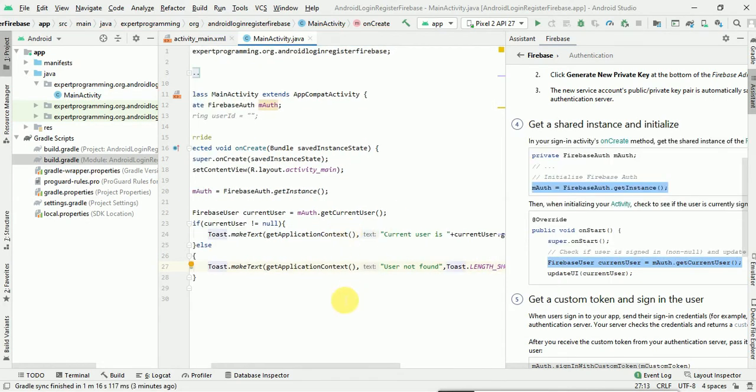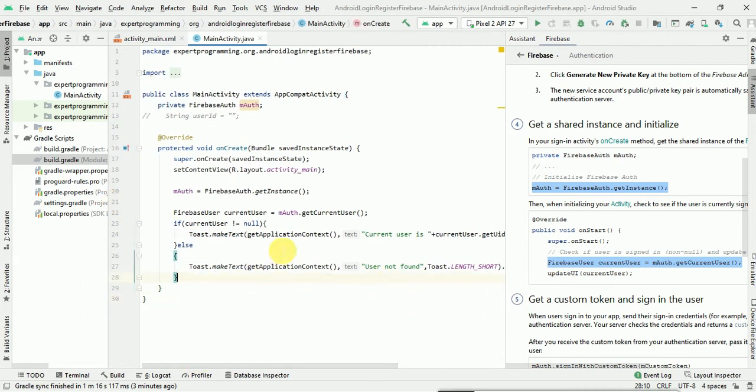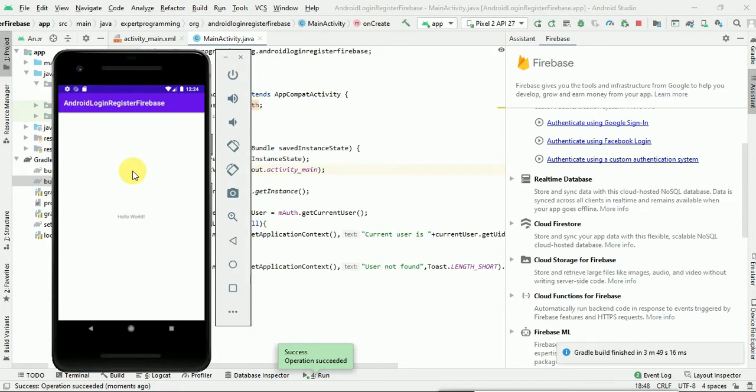Okay, the next step is I will run this application. Let's see what's happening. It will again take some time to run. As you can see, it's loaded.